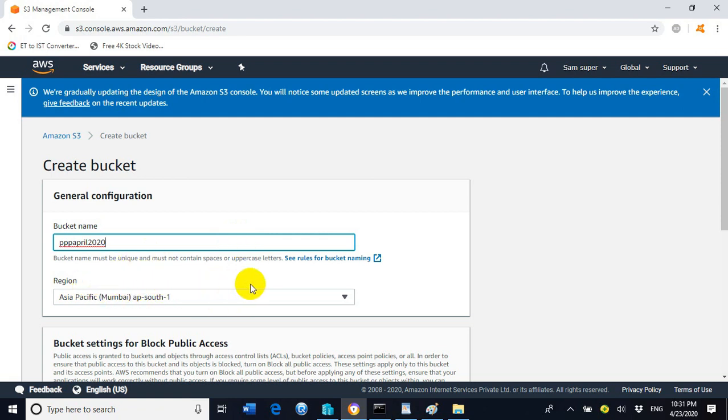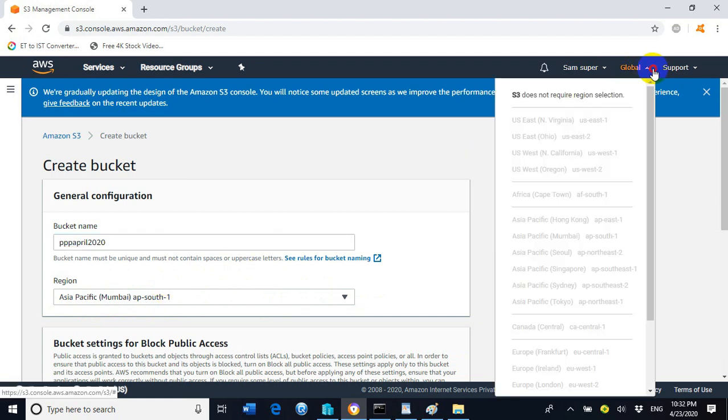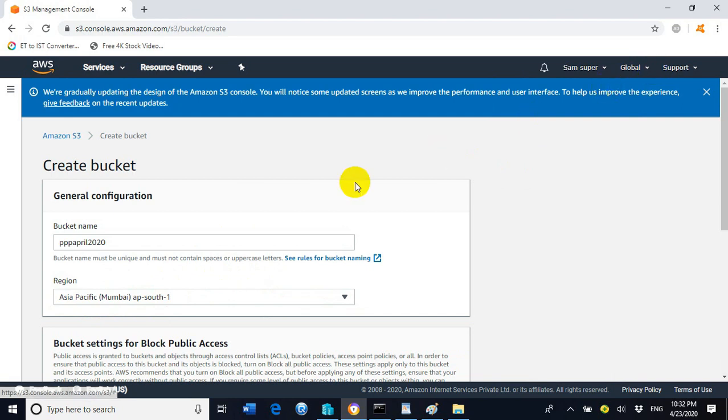and here I will choose a region which is already selected, Asia Pacific Mumbai AP South 1, and you can see on the top the region is showing global. It means that whatever bucket you create will be globally accessible and visible globally.